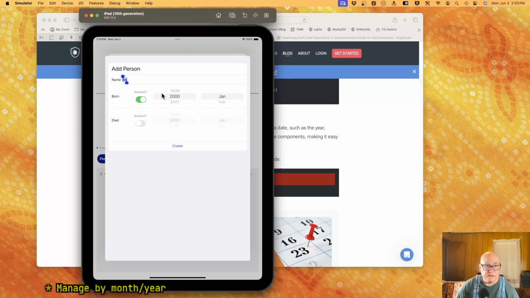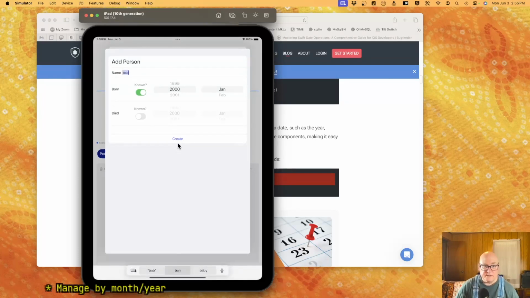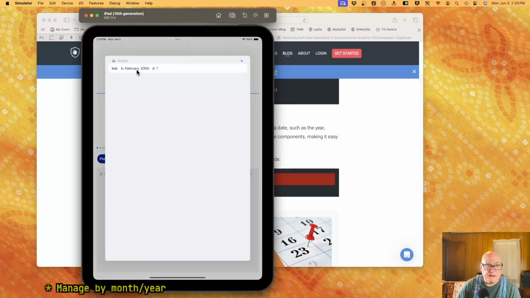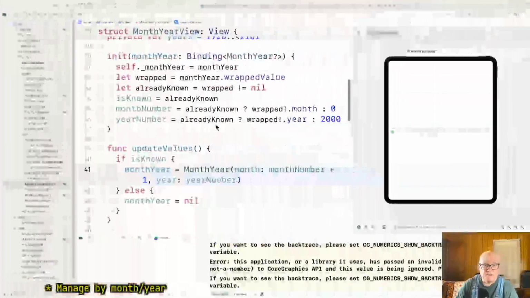So if I take 2000 January, it should list it as January 2000. I don't know. Maybe the month should come first. Yeah, that's the problem. Okay. No, I don't know if that's the +1 I just put in that screwed it up.